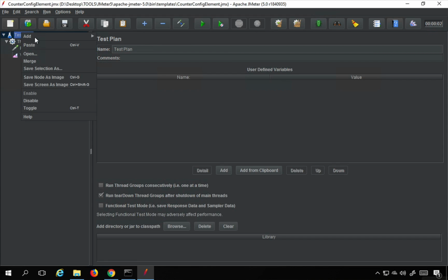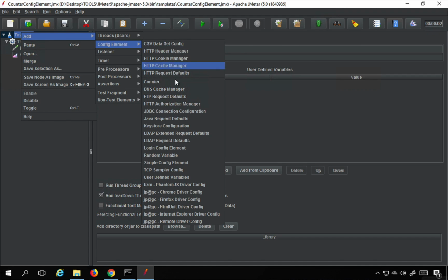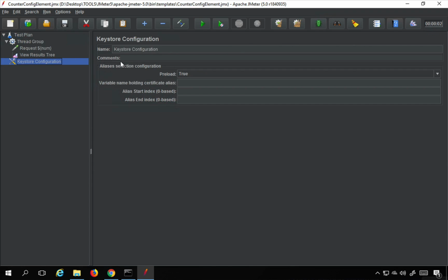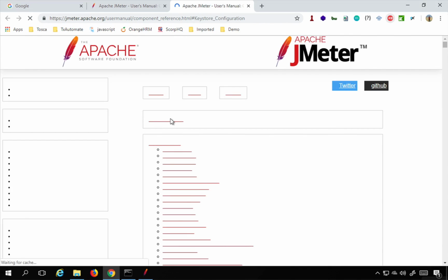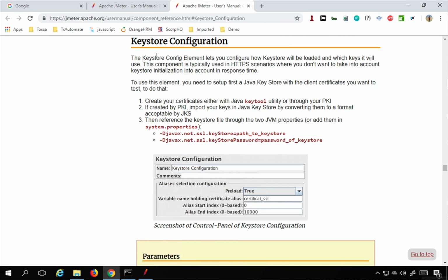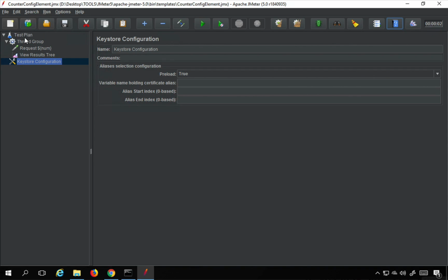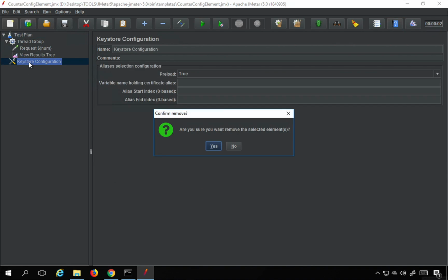If I go to the next config element, which is Keystore configuration. Now Keystore configuration is used for managing the keystore, which is a store for security certificates. And also if you go to the documentation, you can see here on the official documentation page, the Keystore configuration element lets you configure how keystore will be loaded and which keys it will use. So whenever you are doing some HTTPS scenario where you want to maintain or manage the keystore, you can use this configuration element. So I'm not going very deep into this,